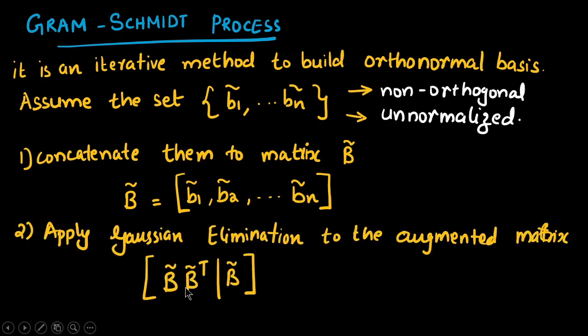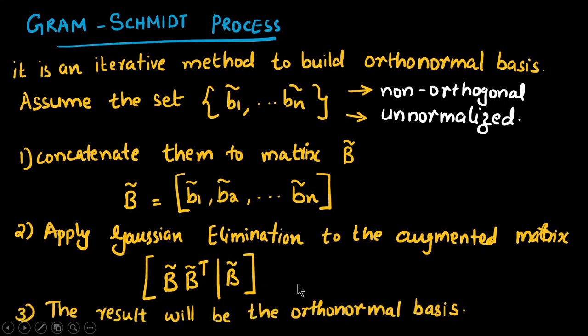Then find the augmented matrix like this: B cap, B cap transpose, and B cap. So we have to do the Gaussian elimination, and the final result will be the set of orthonormal bases. Okay, that's all about the